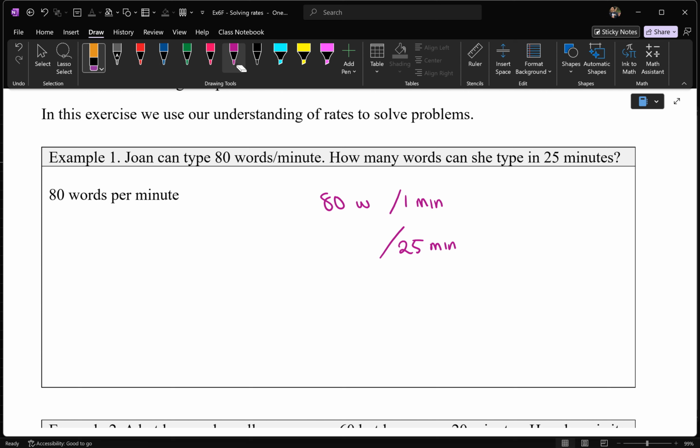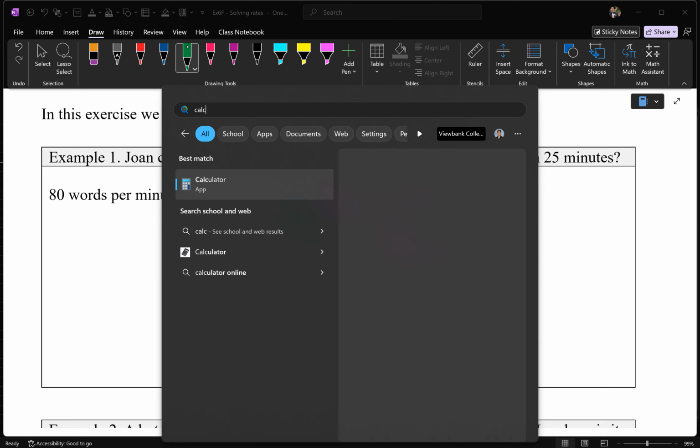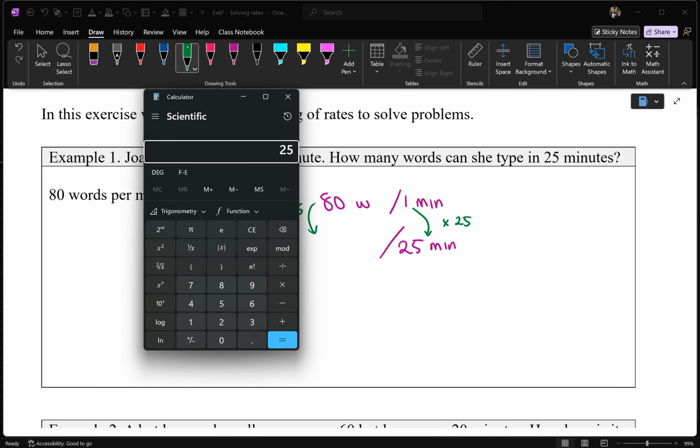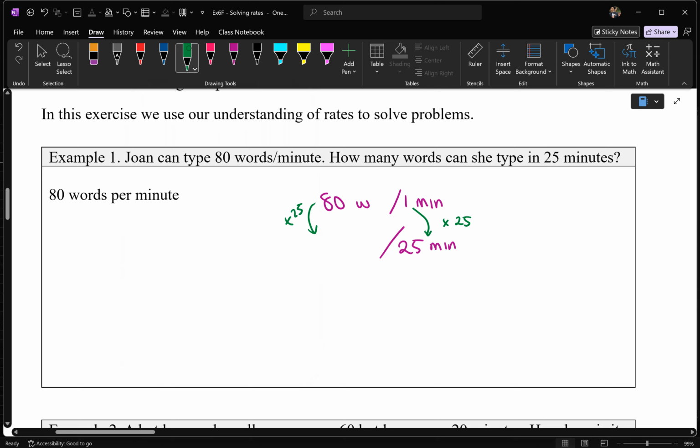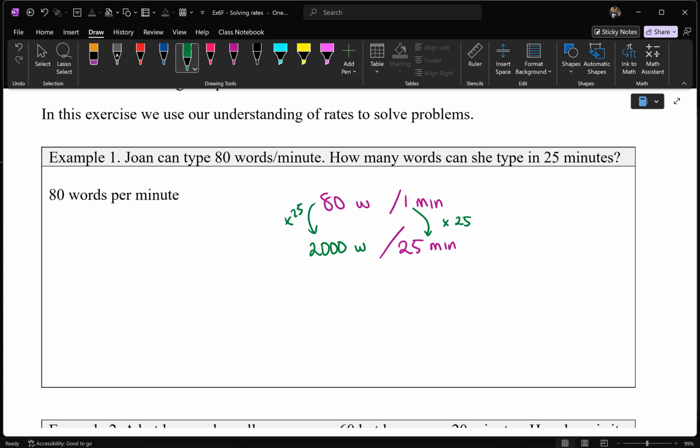Well, the logic to this is that, well, from 1 to get to 25, I would have to multiply by 25. True? But whatever you do to one side of the rate, you have to do the same on the other side. So here, I actually don't know what that multiplication is. Let's use a calculator. 25 times 80, that gives you 2,000. So that tells me now that 2,000 words will be typed in 25 minutes